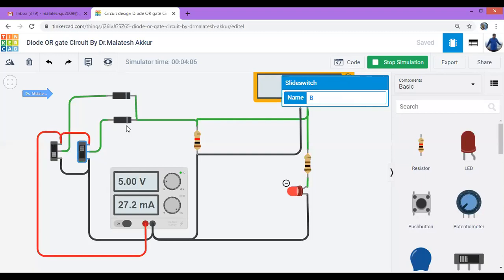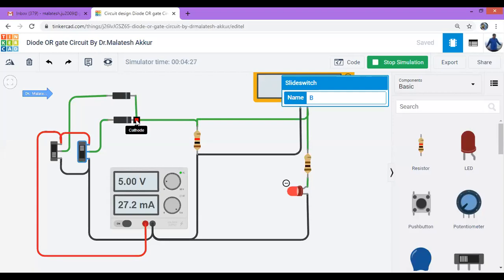Now, if it didn't use this diode, what is it? Forward bias now. Let's call the top diode D1 and the lower diode D2. Now, D2 is forward biased. So the voltage at this point is what? 5 volts, because this is shorted to this. This voltage also will be 5 volts if you connect a wire directly.